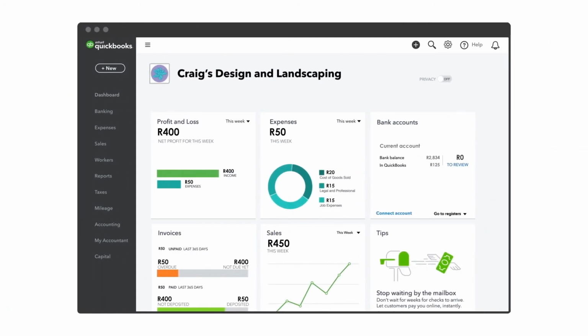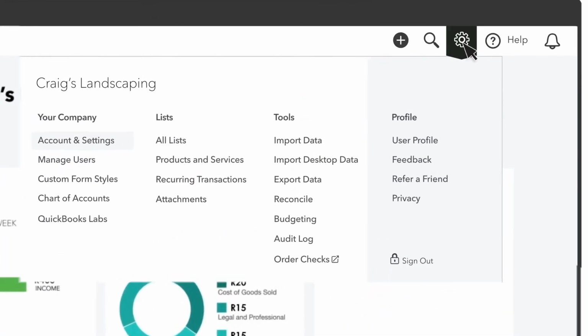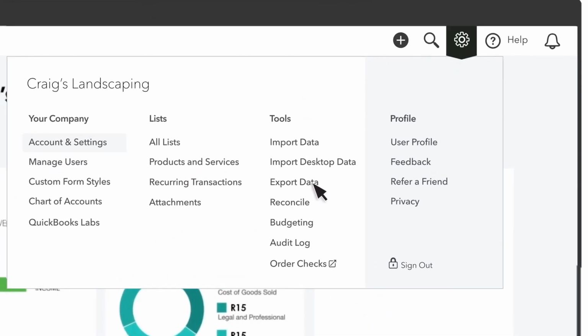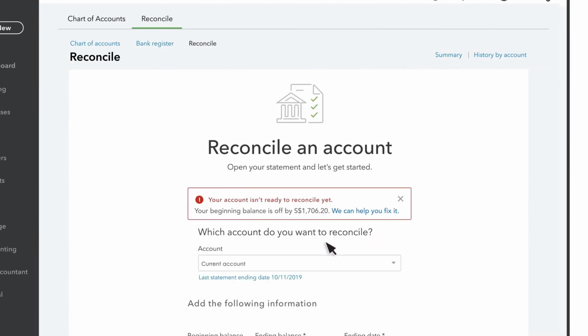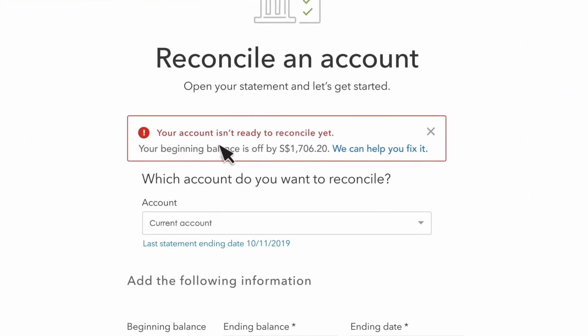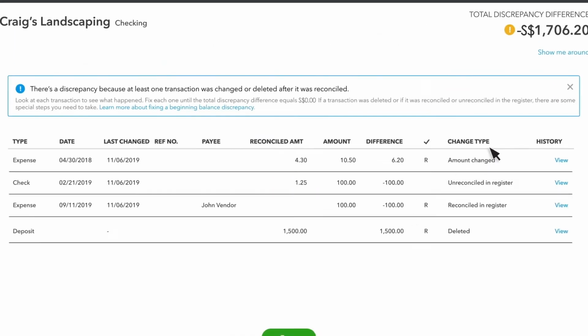To start, select the Settings icon, then select Reconcile. Here's where you'll see an alert if you have a problem with your opening balance. Select the link to look at your discrepancy report. Under the column Change Type, you'll find some information